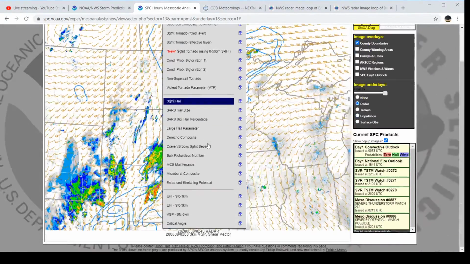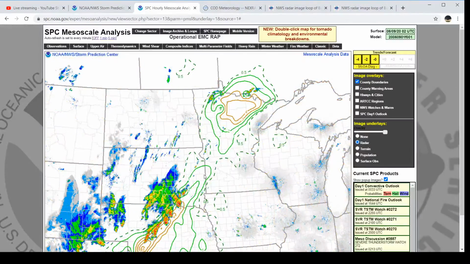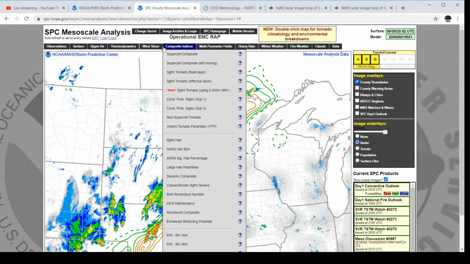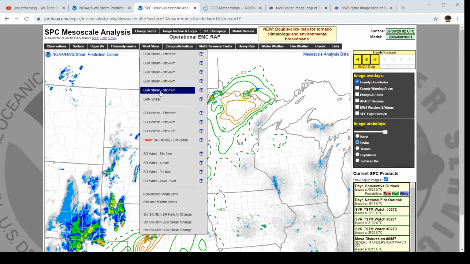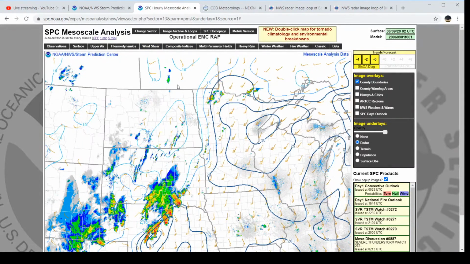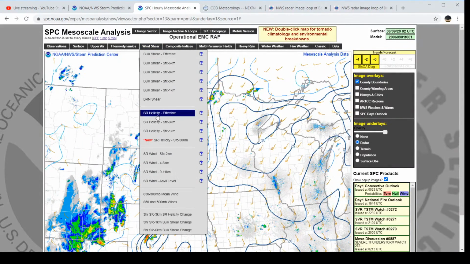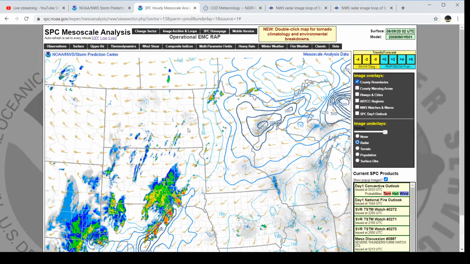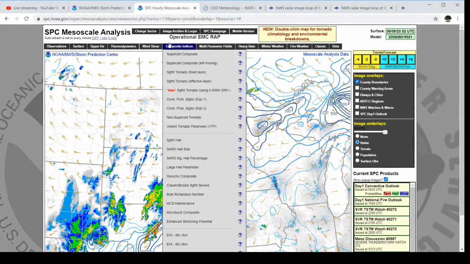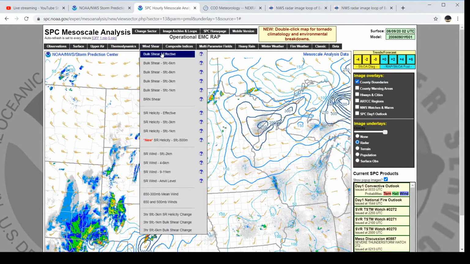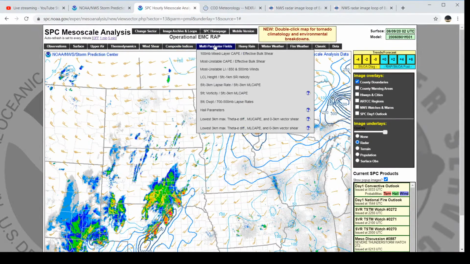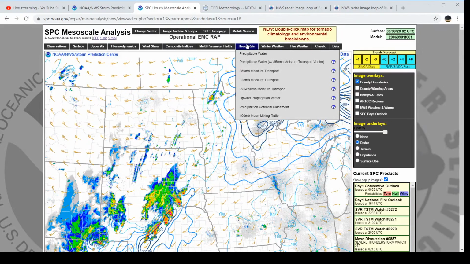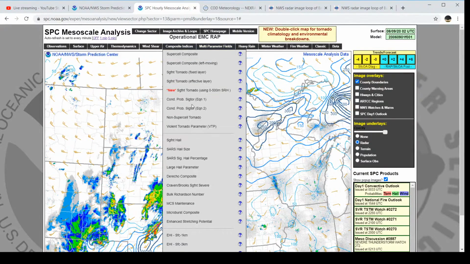So it's starting to make sense. And our energy helicity index is fine right there. And our shears are fine. Our helicity is meh, but it's still there. Storm is still feeding that vorticity in, according to,